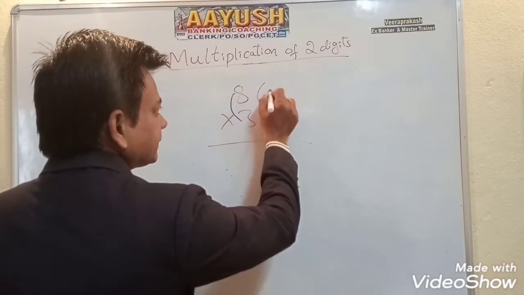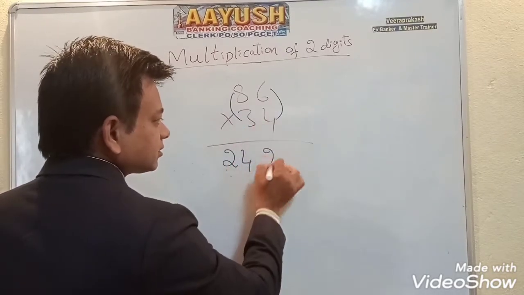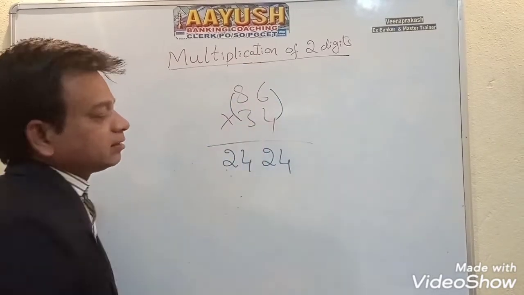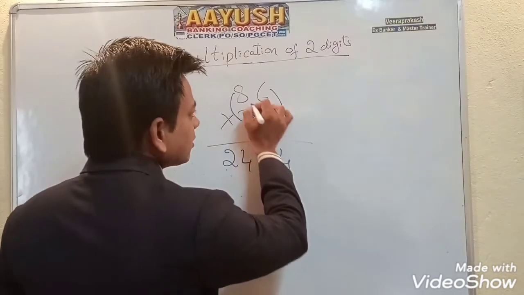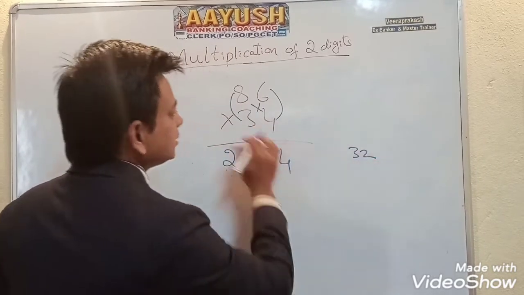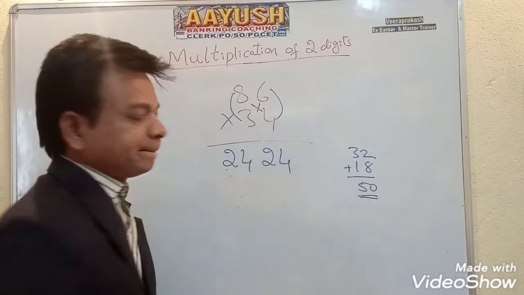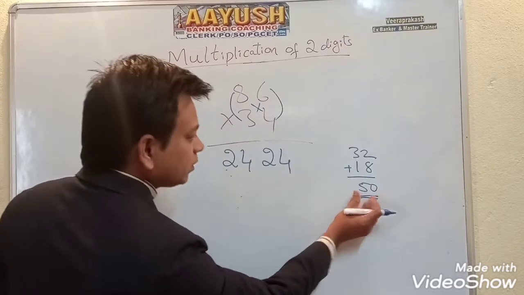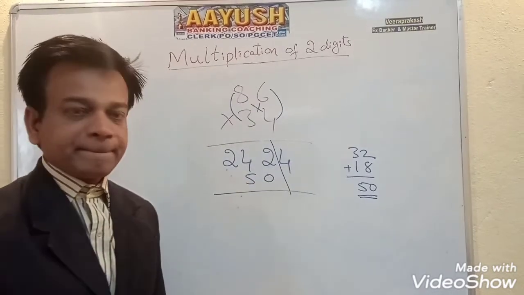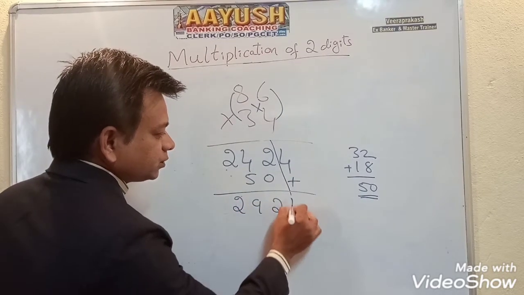First you multiply straight. Got it? 3 8s are 24, 6 4s are 24. Is it clear? So first you multiply straight away. Then you go for cross multiplication. 4 8s are 32, 3 6s are 18. After addition of these two numbers, you get 50. 18 plus 32 is 50. This 50 is to be kept, leaving one digit. Now addition. The answer is 2924.